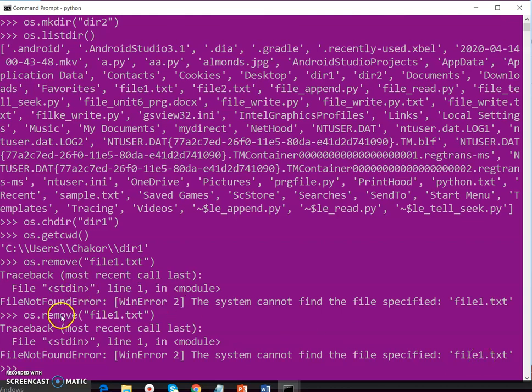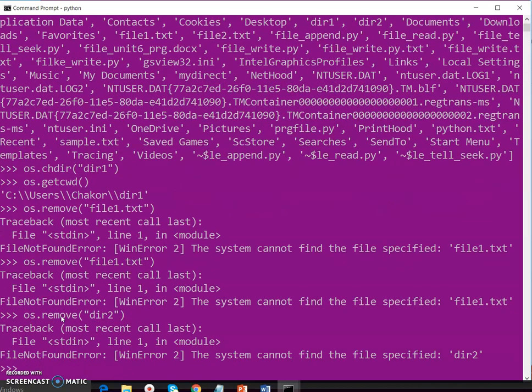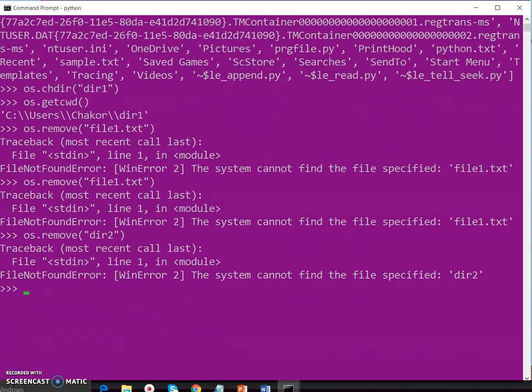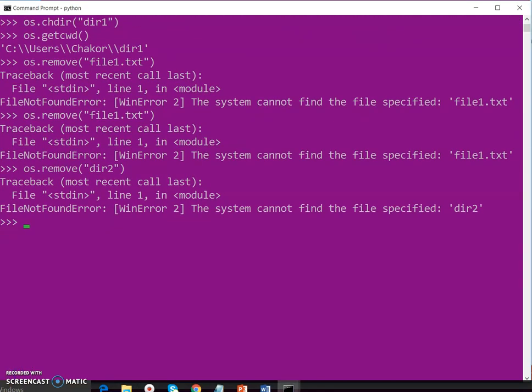The remove method only deletes empty files or folders. So suppose we have created the dir2 folder recently. Now check whether that folder is deleted or not with the help of this remove method, dir2. Actually those files are not in the folder dir1, so first we have to change the folder.